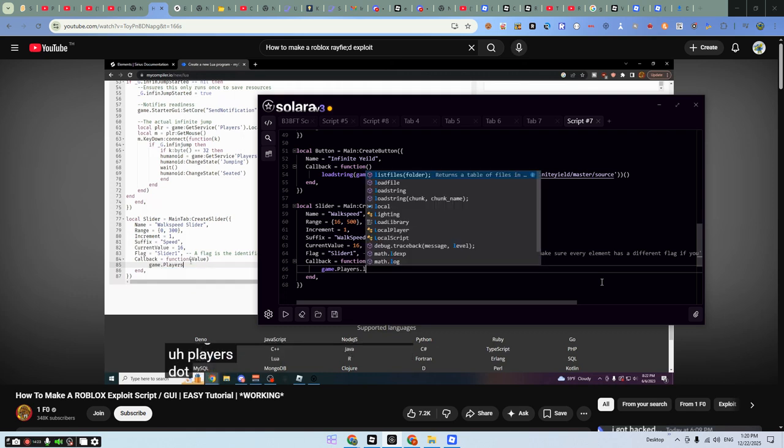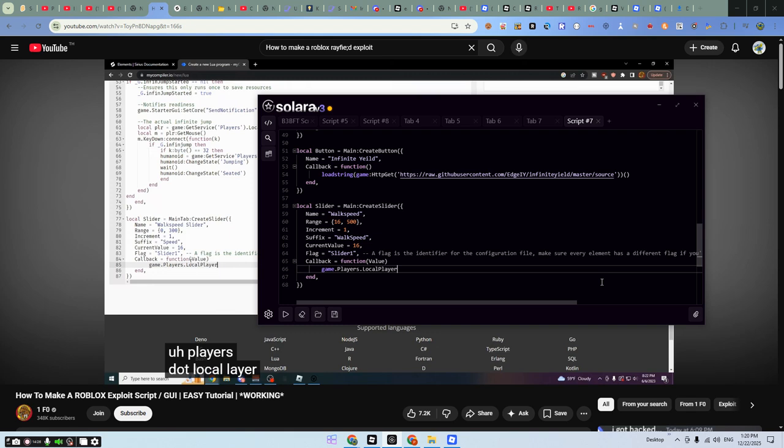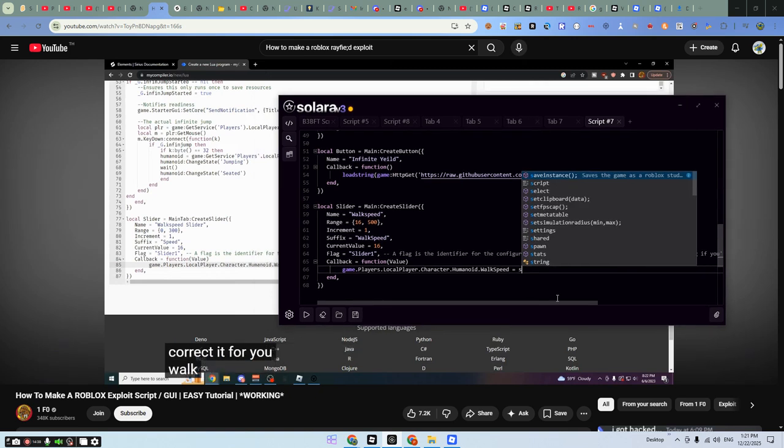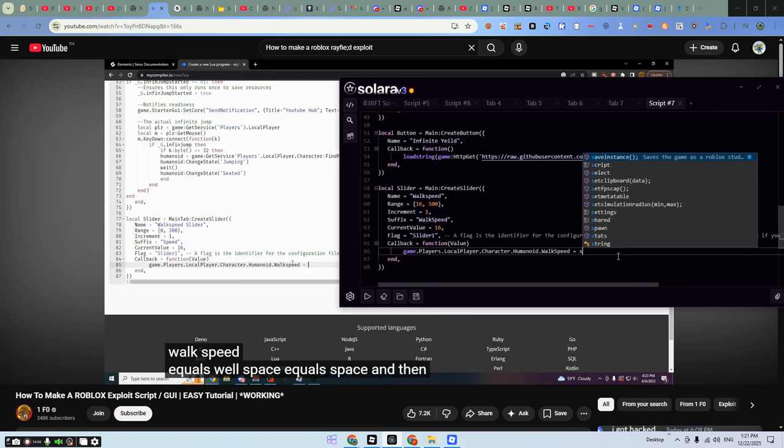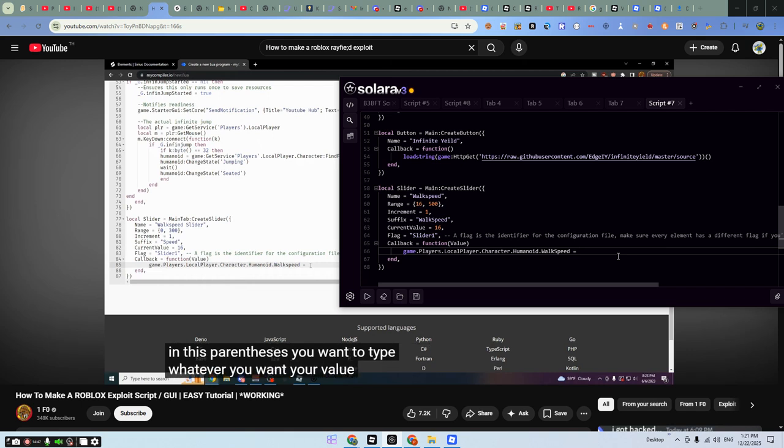players, dot, LocalPlayer, so capital L, capital P, dot, Character, dot, Humanoid, with a capital H, and again this is going to auto correct it for you. WalkSpeed equals, space equals space, and then in this parentheses you want to type whatever you want your value to be. Normally if you were doing this script you would type in a number here, but instead we want it to be the slider's value. So let's say we're doing jump power, walk speed, gravity would all be the same thing. Type in here parentheses